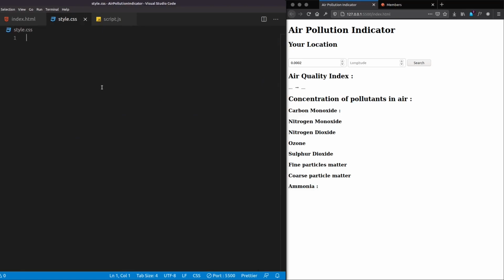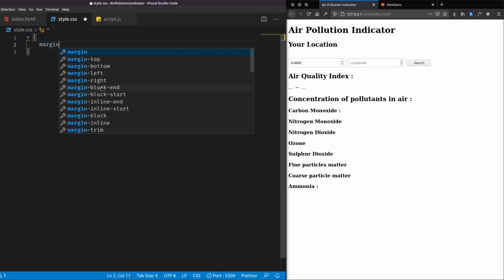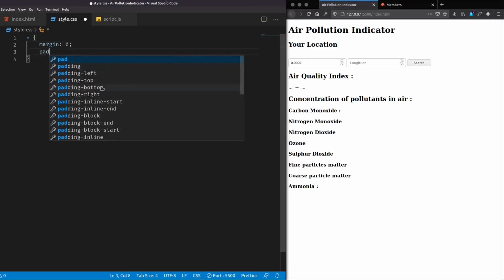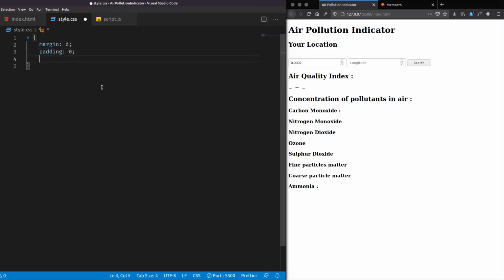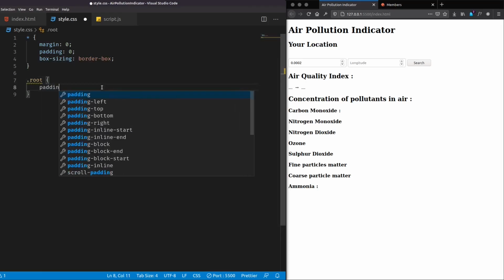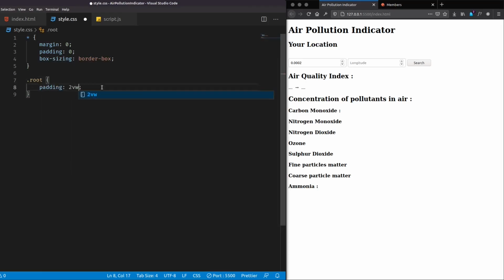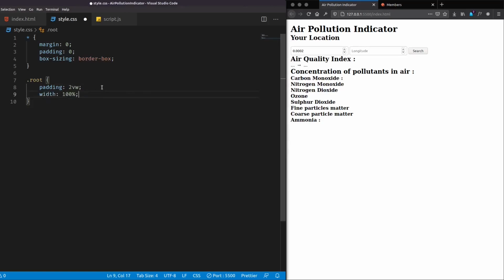Let's start off with CSS, and first of all I'll select all the elements and give it a margin of 0, padding of 0, and box sizing of border box, and select our root element, give it a padding of 2 view width and a width of 100%, a height of 100%.